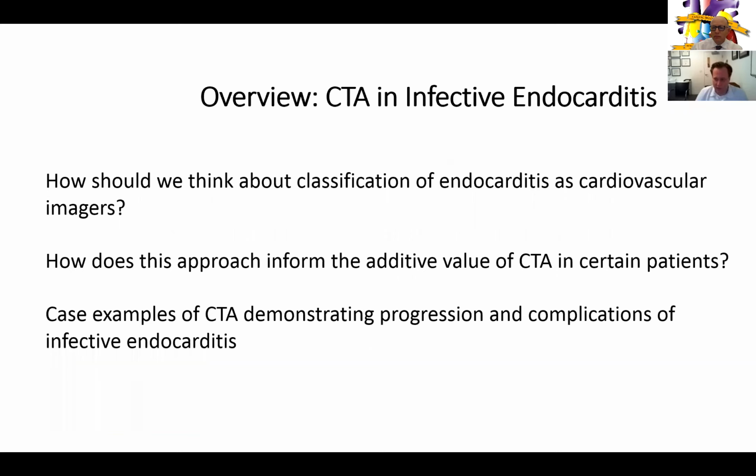So I'd like to start just by asking a couple questions. The first is, how should we think about endocarditis as cardiovascular imagers? And how does this framework inform the additive value of CTA in certain patients? So that's really what the beginning of my talk will focus on. And then I'll conclude by highlighting some case examples where I think CTA has really been helpful in our patients